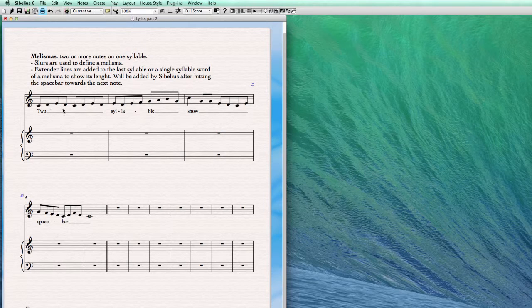Whenever you have a single syllable word, or the last syllable in a more complex word like this one, hit the space bar to create the melismatic notation, and Sibelius will add the extender line. If you are in the middle of a word and it needs to be broken down by hyphens, keep hitting the hyphen key for every next note, and Sibelius will create a long hyphen that symbolizes the